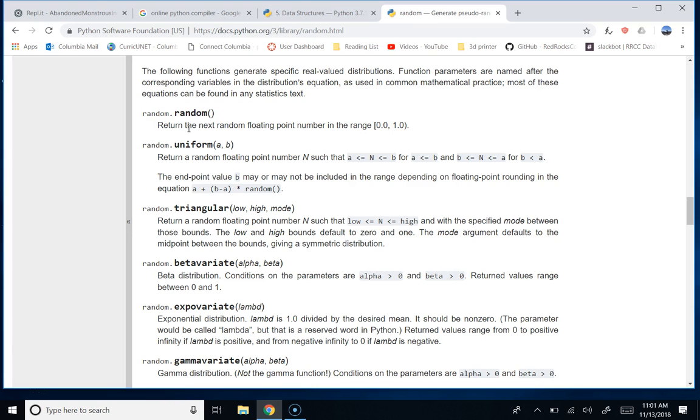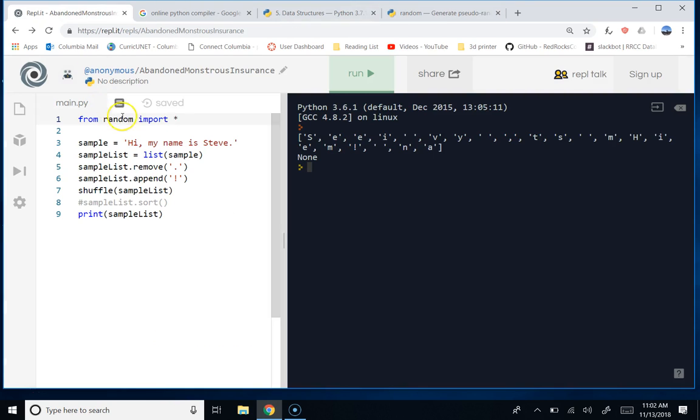Usually I import the minimum of what I need. So if I'm looking for the shuffle method, I'll do from random import shuffle. Or I'll do import random and then call it with random.shuffle. Does that make sense? You guys a little